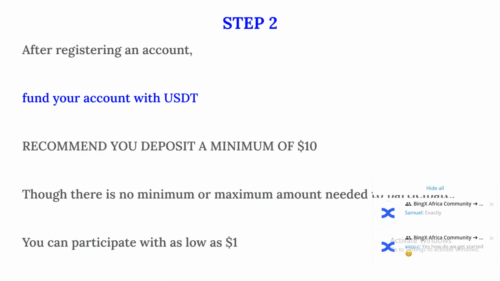Step 2, after registering an account with Bingx, fund your account with USDT. I recommend you deposit a minimum of $10. That doesn't mean you cannot participate in the copy trading feature with less than $10. You can use the copy trading feature with $1, $2, or $3. There is no minimum or maximum needed to participate,